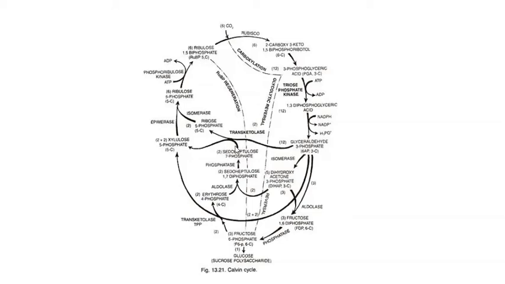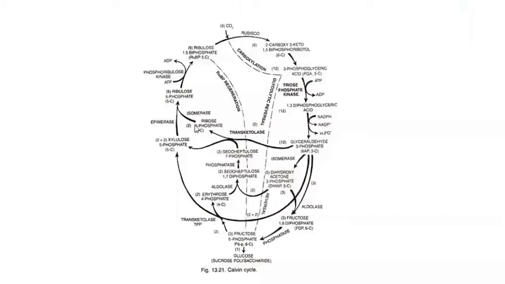So out of this 10, some molecules of ribose 5-phosphate, and some molecules of again xylulose 5-phosphate. So here xylulose 5-phosphate is again formed, and there is a formation of ribose 5-phosphate. So at the end of this fourth step of regeneration, there is a formation of two compounds, that is xylulose phosphate and ribose phosphate.